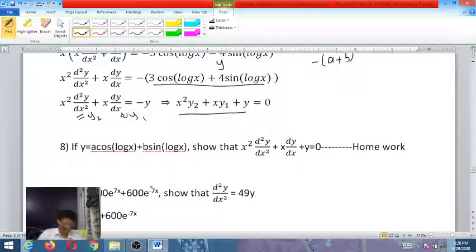Now, it is very similar to the last problem. Look at it. Instead of A, in the last problem, you are having 3. Instead of B, you are having 4. Simplify this one. Very similar to this one. Same answer. Okay.